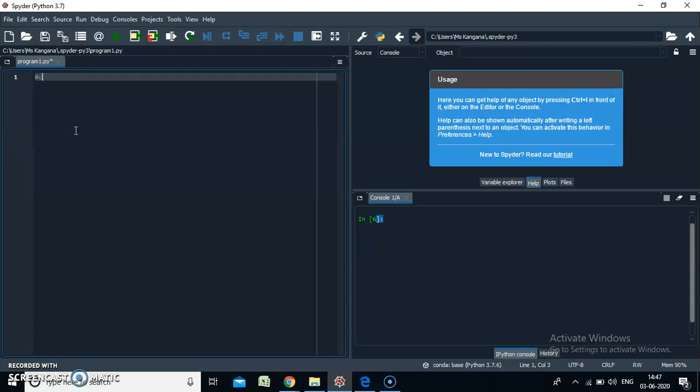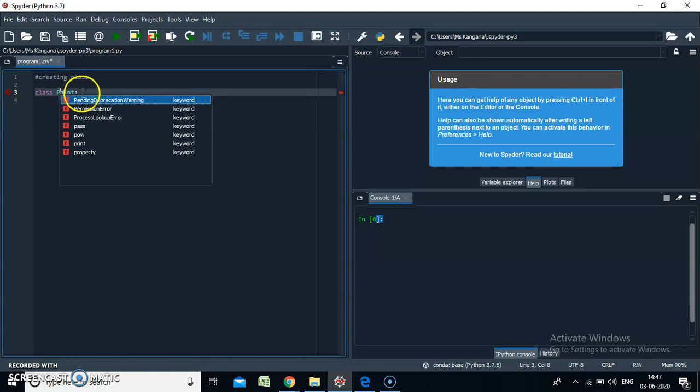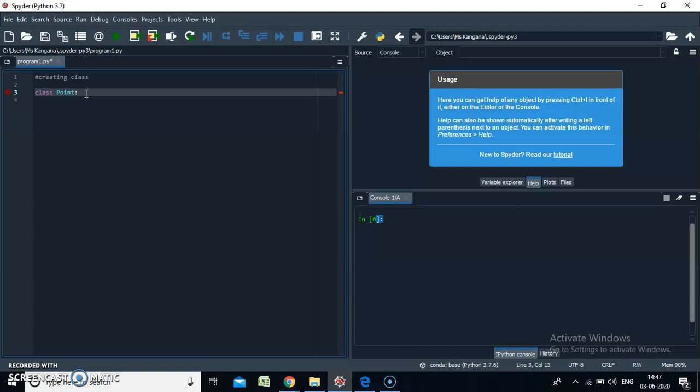So we'll see how to create a class here. The class can be created by using a class keyword. Now this is a single line comment that is started with what? A hash. The class can be created by using a class keyword and a class name. I am taking here the class name as Point. As recommended, the class name must start with a capital letter, so I am taking P as a capital letter. The class name is what here? Point.